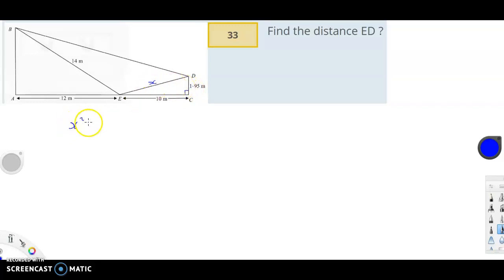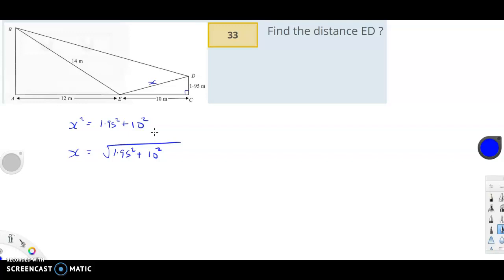X squared is going to equal 1.95 squared plus 10 squared. That's Pythagoras' theorem. The square of the hypotenuse equals the sum of the squares of the other two sides. So we just get the square root of both sides, and we end up getting the square root of this here. And bang that into the calculator